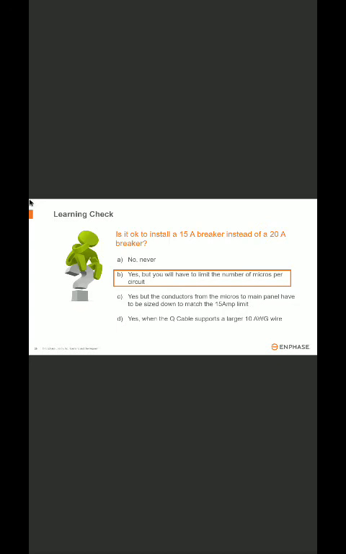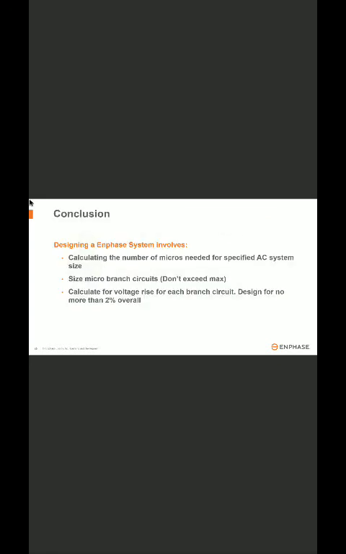So you can see how many microinverters are coming in, right? So definitely you can do that, but again, that limits your number of microinverters. All right. So in terms of calculation,